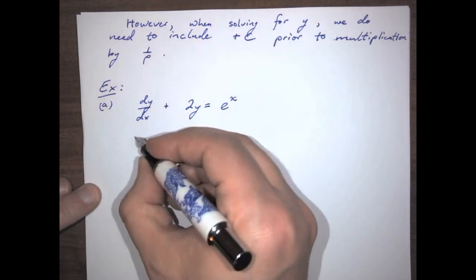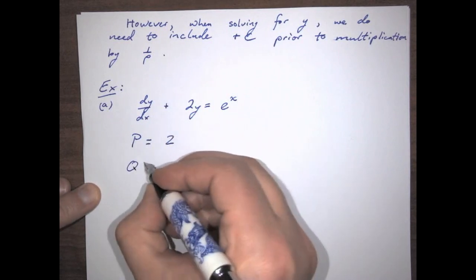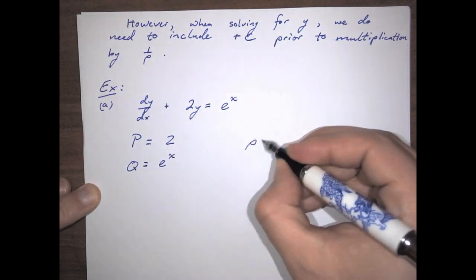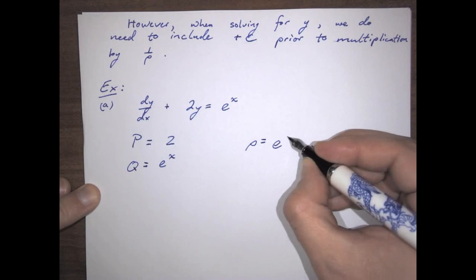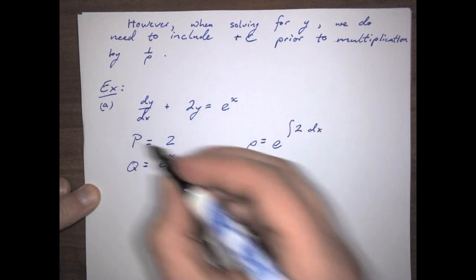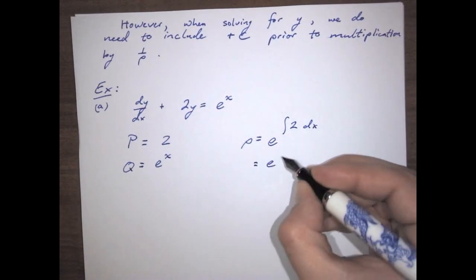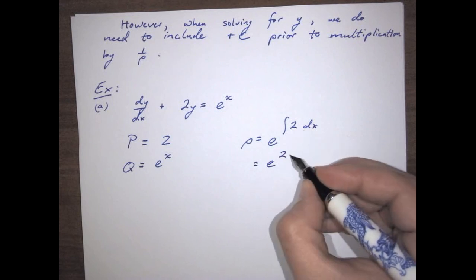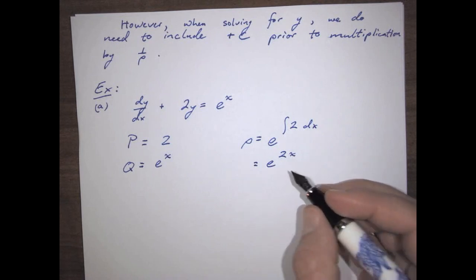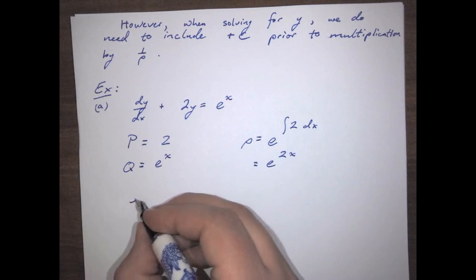And as we said already, that means that p is going to equal 2. Q is going to equal e to the x, which means then that rho is going to be equal to e to the integral of 2 dx, so the integral of p dx. And so then that's going to be e to the 2x. So then the whole purpose of this is you multiply everything by e to the 2x, and what you're going to get is